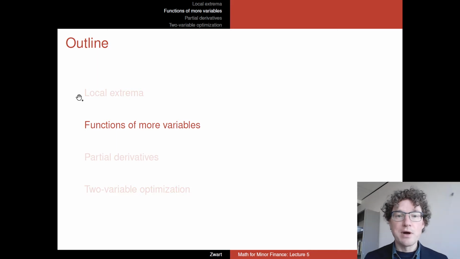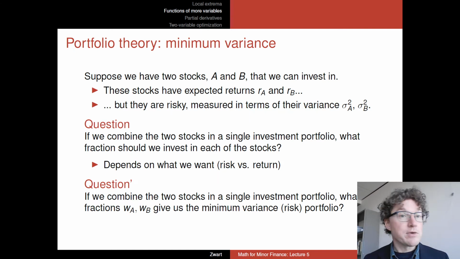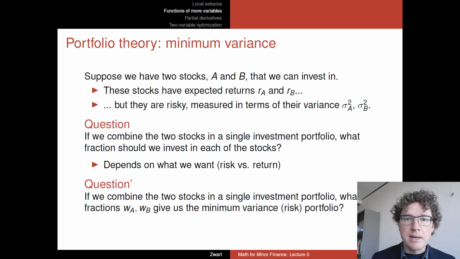So let's go then to functions of more variables. So let's start with an example from finance, from portfolio theory actually. So suppose we have two stocks, let's call them A and B, two shares that you can invest in. And they have certain returns, let's call those RA and RB, but of course stocks are risky and we